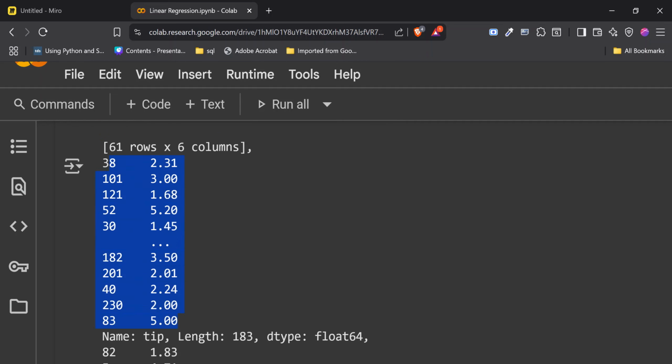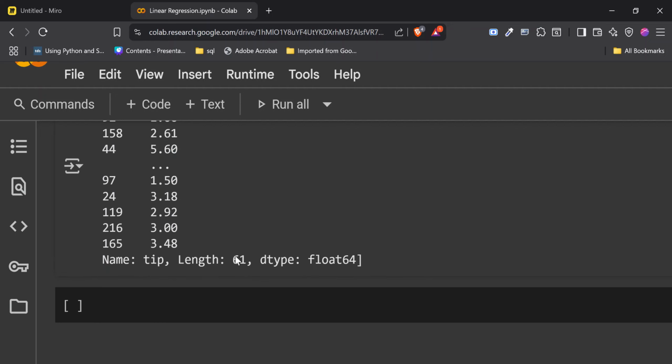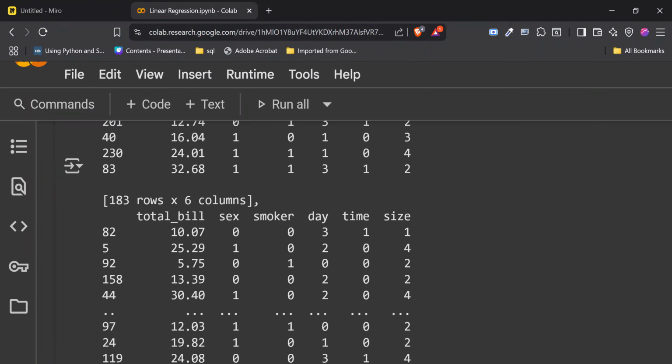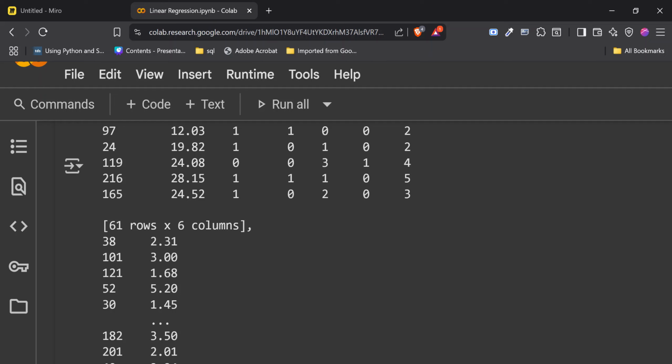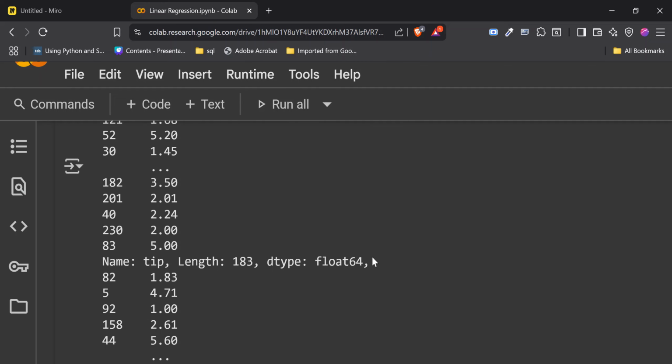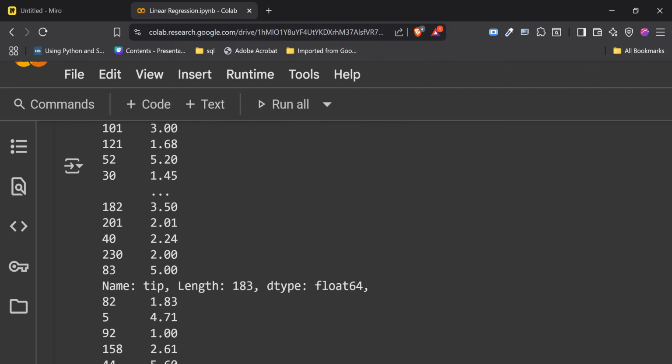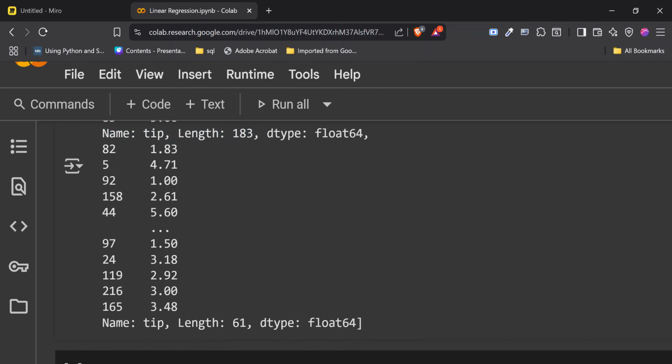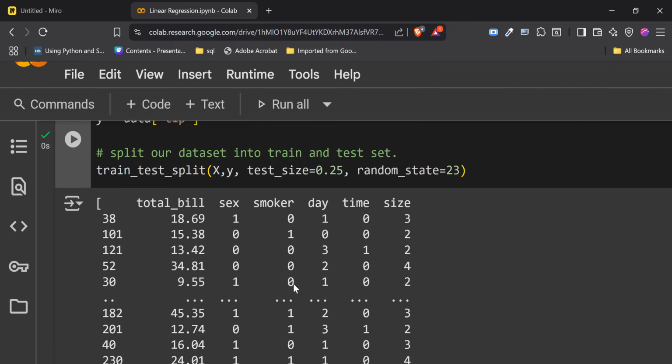Then we have another one, which is our Y test. For example, it puts 183 rows and 6 columns inside the X train, 61 rows and 6 columns inside the X test. Then the next one is 183 rows, no columns for the Y train, and the last one 61 rows, no columns for the Y test.